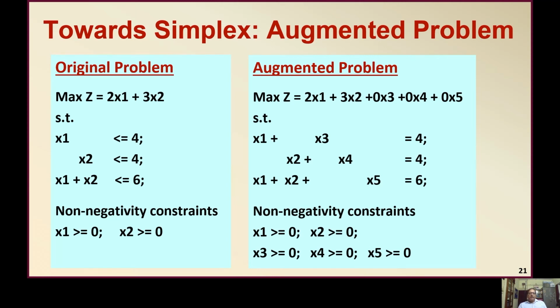Now the interesting thing is, how many constraints are there? We now have 3 constraints and all are equality constraints. How many unknowns? There are 5 unknowns. So 5 unknowns and 3 constraints. Can we solve? The answer is no, we cannot solve. Alright, so what exactly do we have to do? We have to therefore put